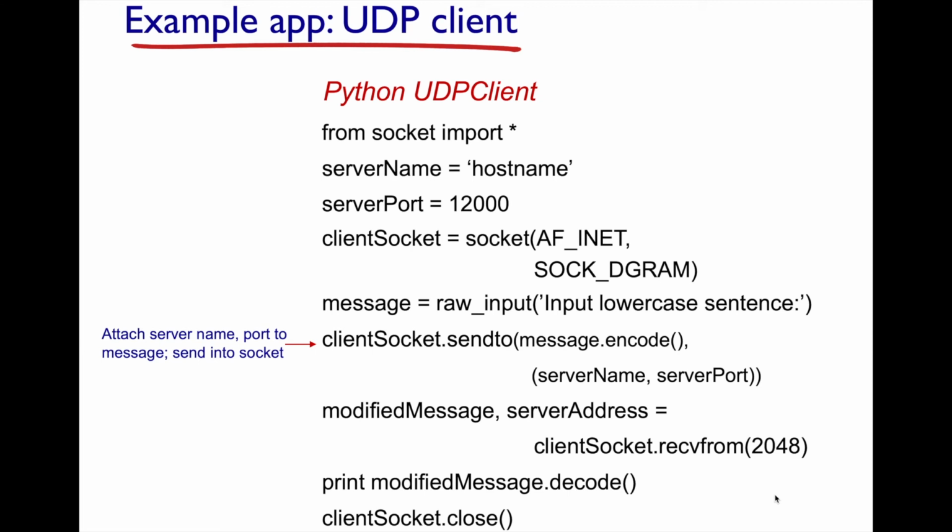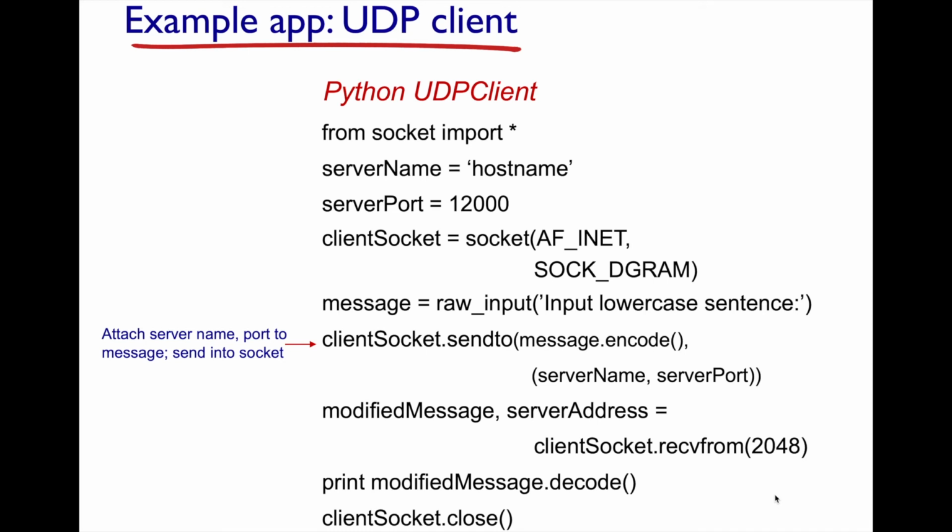Now, this tuple here, this two-tuple, has two things. It has the server name, which in our case is going to be an IP address, and you also have the server port number. Now, this port number is used by the transport layer to identify to which process you should deliver this data. So you do that send, and all of a sudden that information goes out, that packet goes out the wire to the endpoint identified by that IP address and gets delivered to the process associated with the server port number.